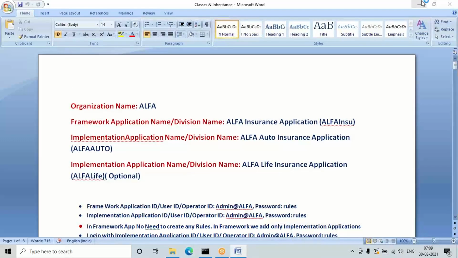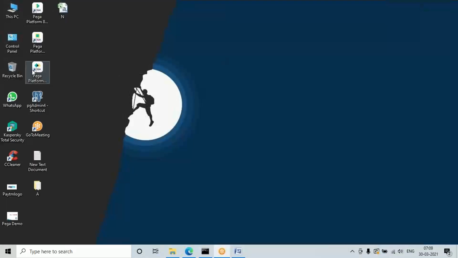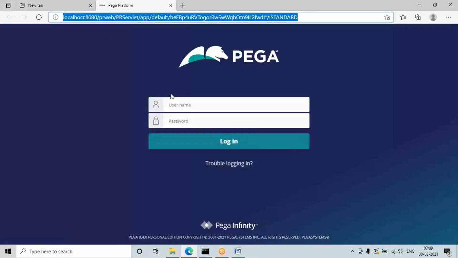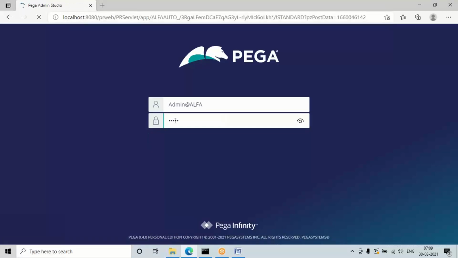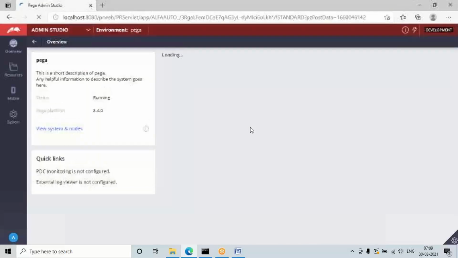So log into the application once before proceeding. The ID I'm using is admin alpha, and the password is rules. This will be the ID I'll be using to log into the platform, and in this I'm going to develop the project.